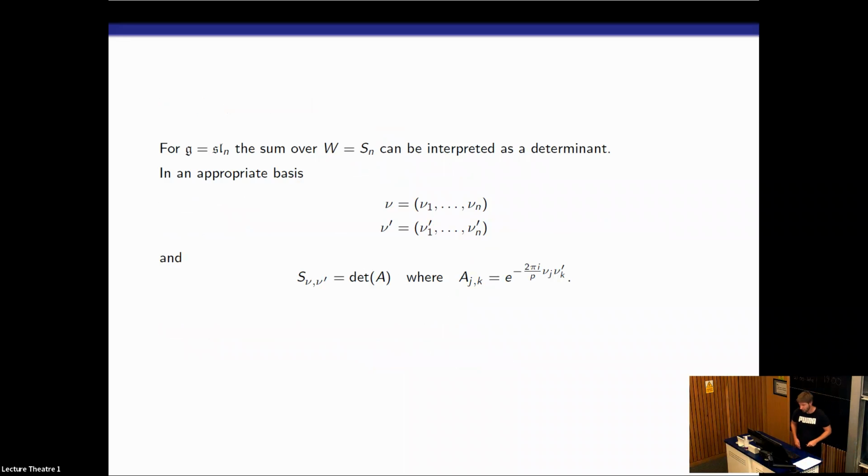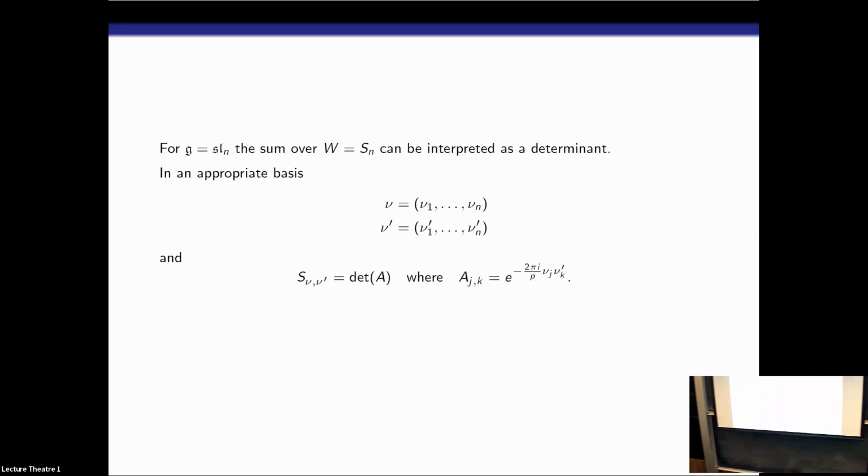A slightly less well-known point that I want to make is that, suppose you want to actually compute these sums. You have to compute a sum over a Weyl group. So for example, for SL_N, that's a sum over S_n, which has n factorial elements. So as n grows, these sums become very large. But in this case of SL_N, there is a trick. You can compute these kinds of sums very quickly.